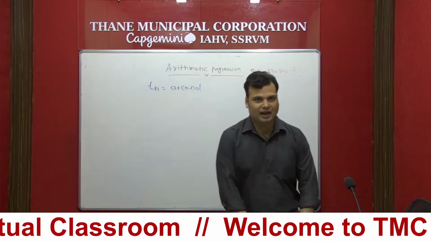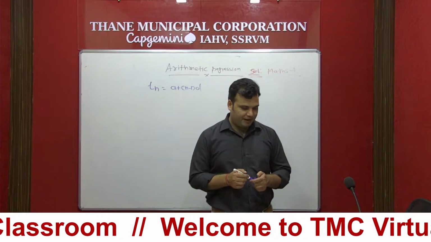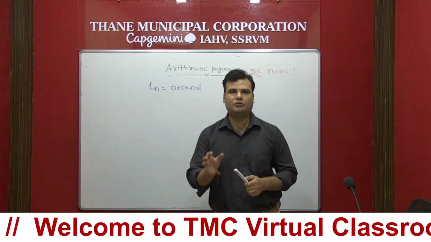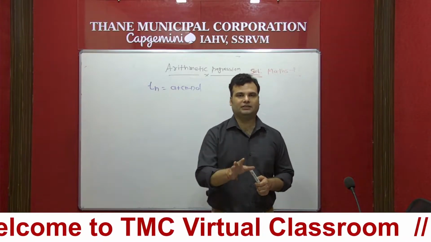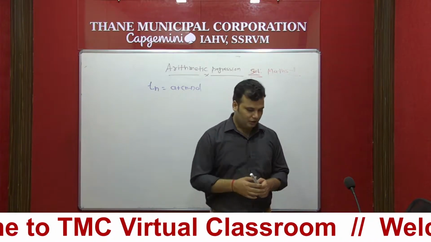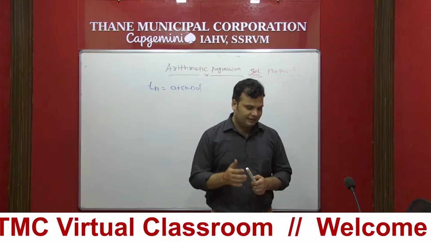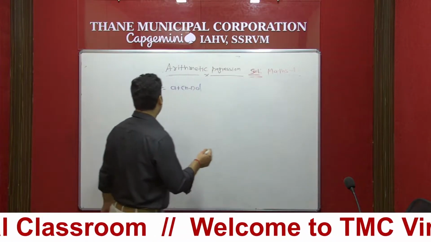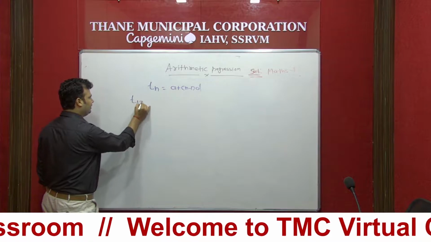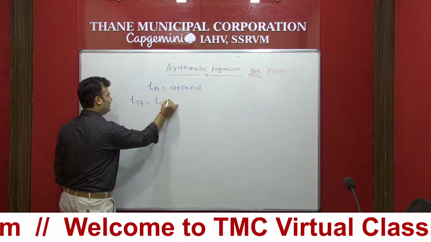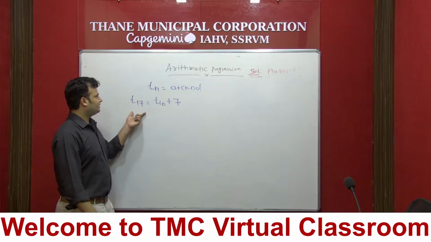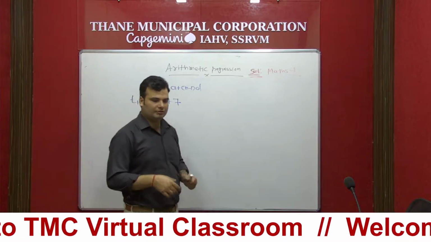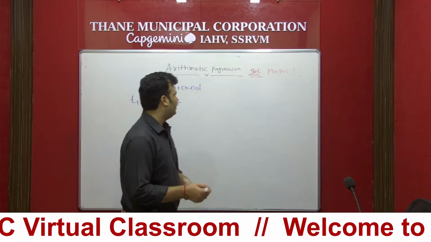So can we start the last sum, that is, in an AP 17th term is 7 more than 10th term. Whenever you want to solve any sum, read the sum twice. That time you can understand what is given. So in this sum it is given: in an AP, 17th term is 7 more than 10th term. So we can write T17 is 7 more than the 10th term. So how can we solve this sum? Depending upon the given part,